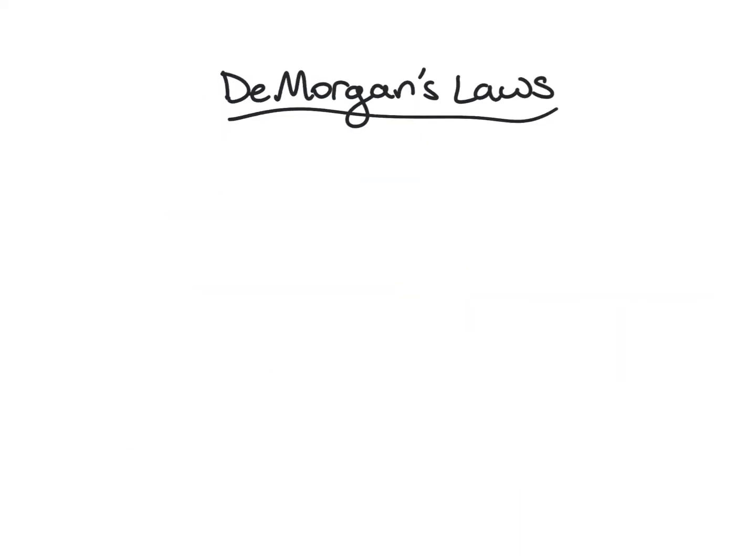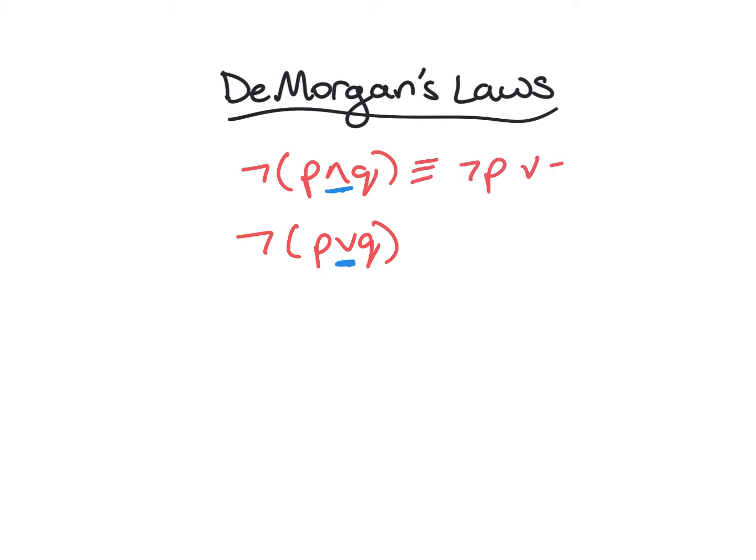So the last thing we're going to cover will be DeMorgan's laws. These tell us how to negate propositions such as P and Q and P or Q. Because you might look at it and think, okay, can I just distribute this and through, or the not through? It turns out it's actually rather close, but you have to flip these. So the negation of P and Q is equivalent to not P or not Q, and the negation of P or Q is not P